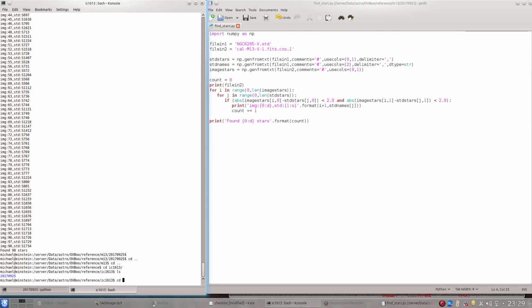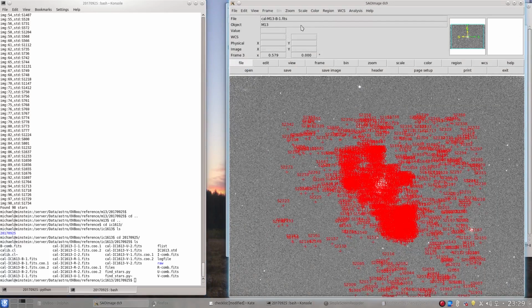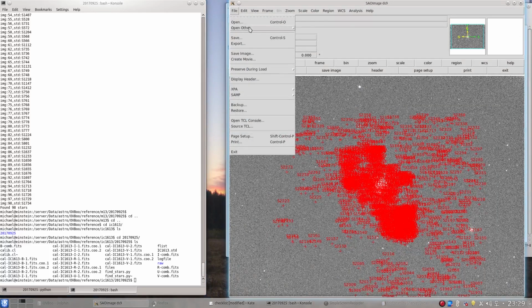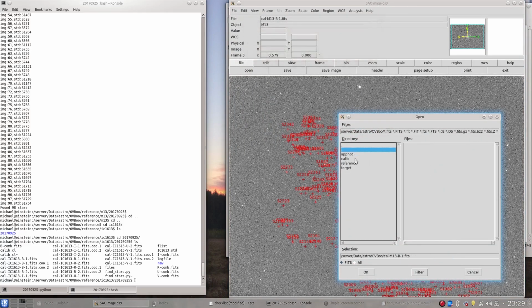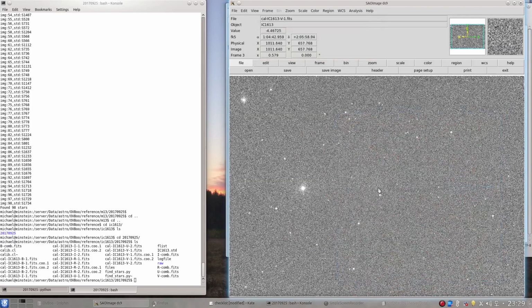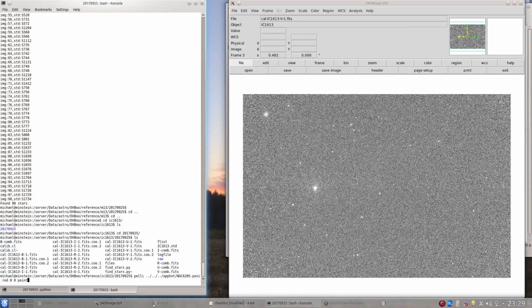So we're going to do a complete catalog like this. We're going to minimize this for a second and open reference IC16, and let's just open V1, for example. And then we're going to open the Peli command. I'm going to use